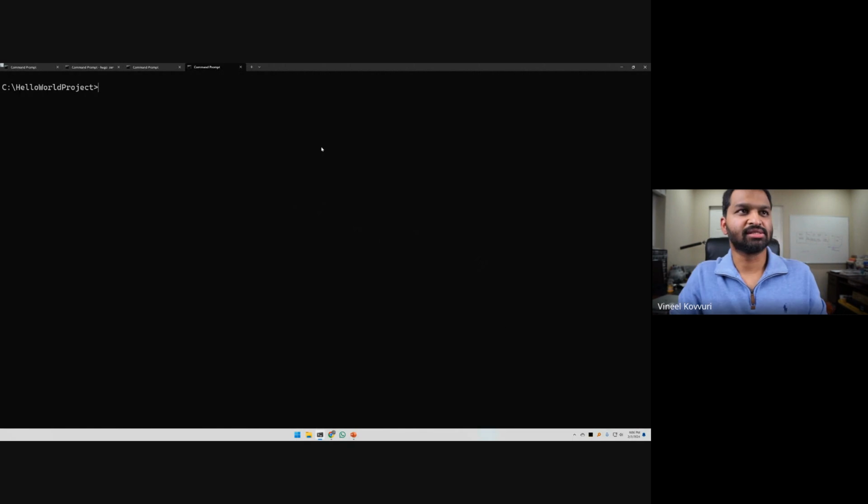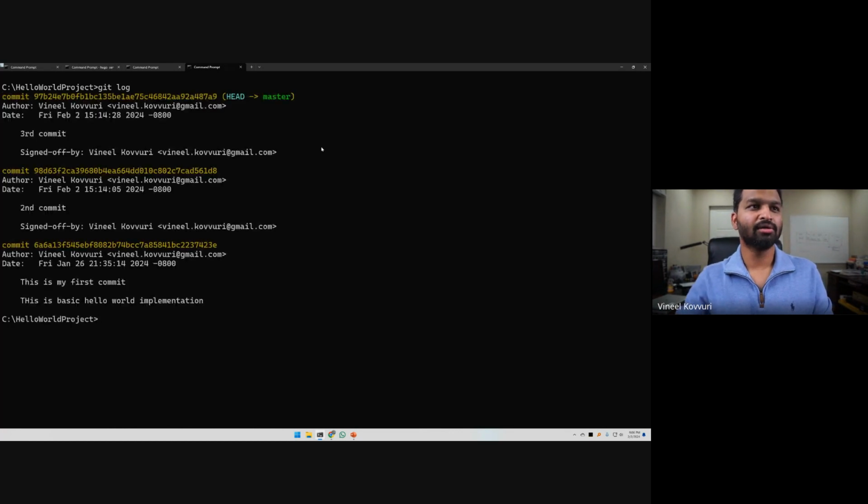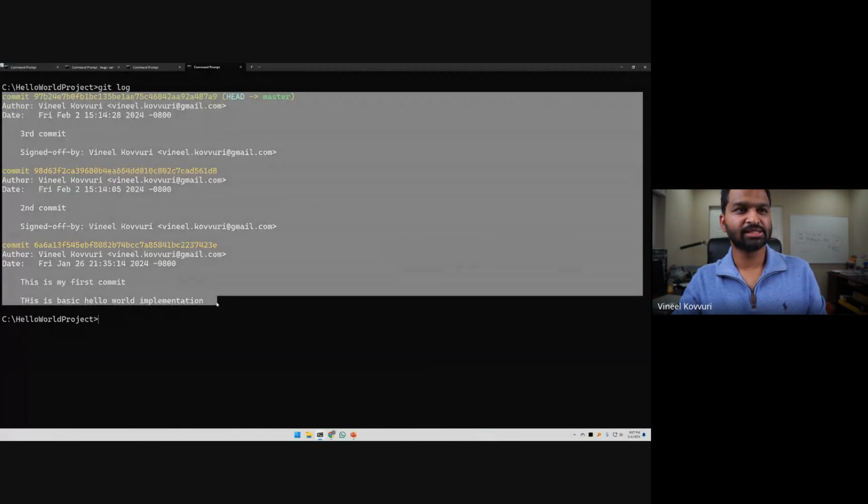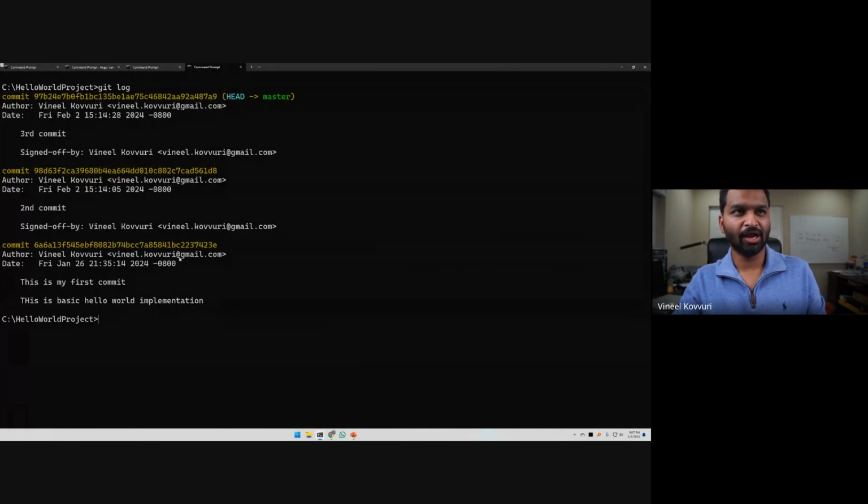Things will start to make sense. I'm going back to the Hello World project that we discussed last time. So if you do git log, hope I increased the font. Hope this is clear to you. If not, let me know, I'll increase it more. What we have here is basically 3 commits. Like I said, log will always read in reverse chronological order. So your topmost commit will be the most recent, and your bottommost commit will be your oldest commit. Okay, so if you look at here,